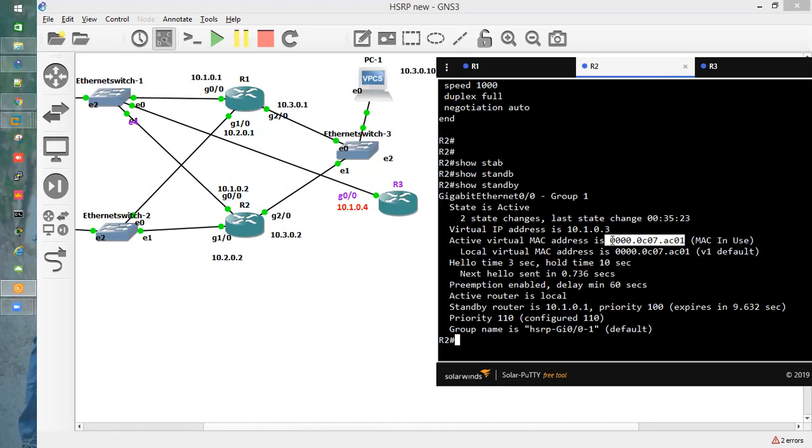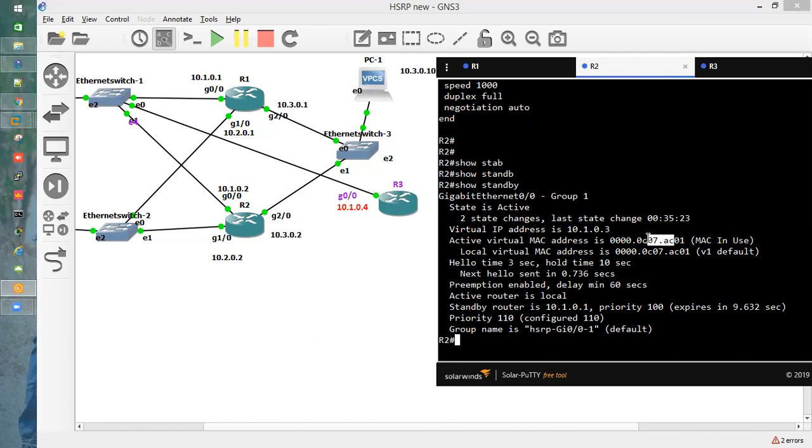The first 6 digits of this MAC address tell us that we are running HSRP on a Cisco device. Obviously, HSRP is a Cisco proprietary protocol. Then 07AC indicates an HSRP group.